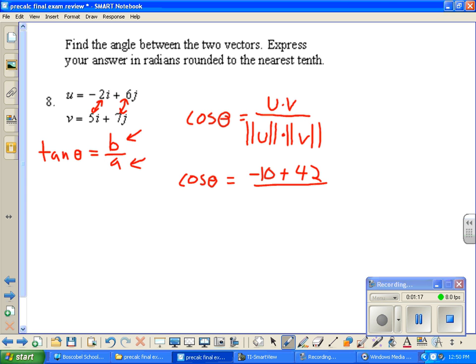divided by, now we want to find the magnitude of u. The magnitude of u means you take each term, you square them, you add them together and take the square root. So the magnitude of u is equal to the square root of negative 2 squared plus 6 squared. Negative 2 squared is 4, 6 squared is 36. So this is the square root of 40